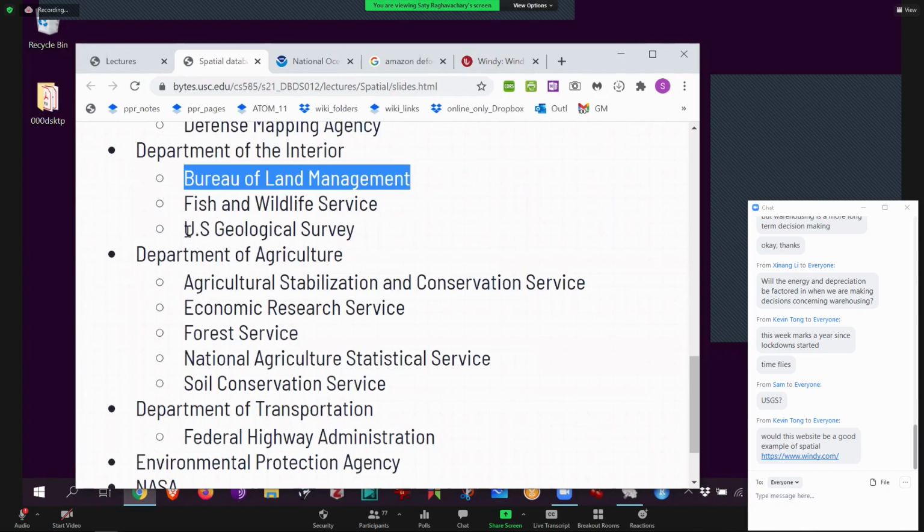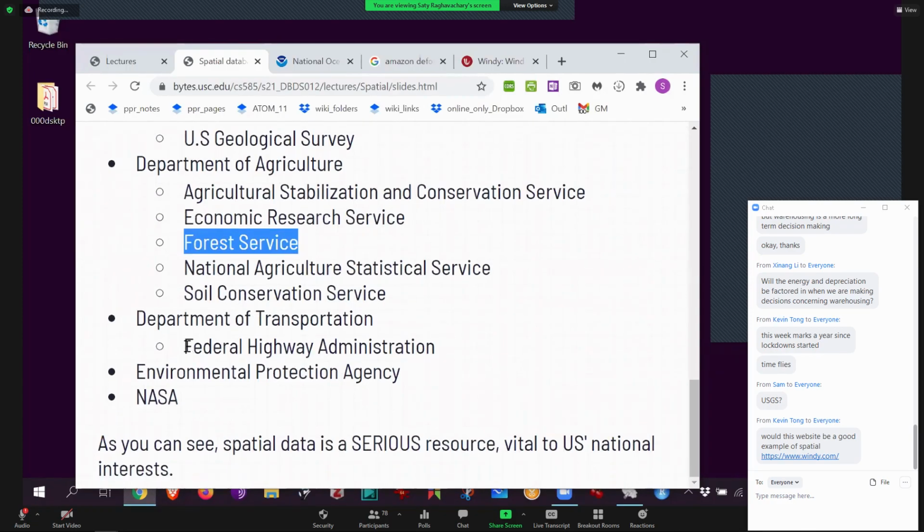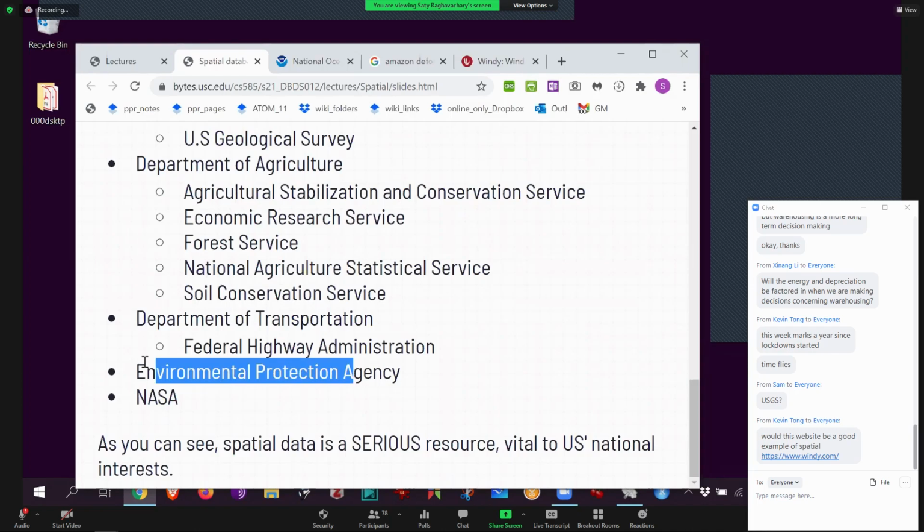And likewise, the U.S. Geological Survey, right there. The Department of Agriculture has all kinds of data. I live in La Crescenta, part of what is called the Angeles Forest. Sometimes you see trucks with Forest Service logos driving around. So we have a U.S. Forest Service that keeps track of all the forests. And then there are the ones that track every single freeway, like the 10 freeway, the Highway Administration. And finally there's the EPA. These are all about pollution, where all the power plants and nuclear plants are, all that.